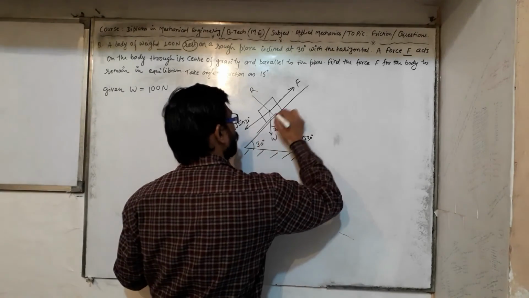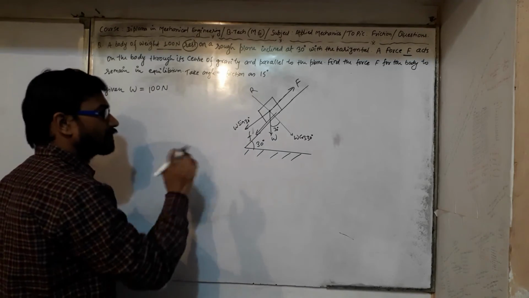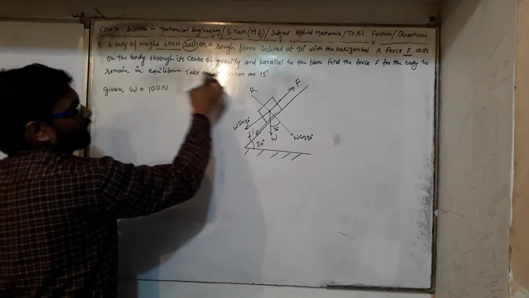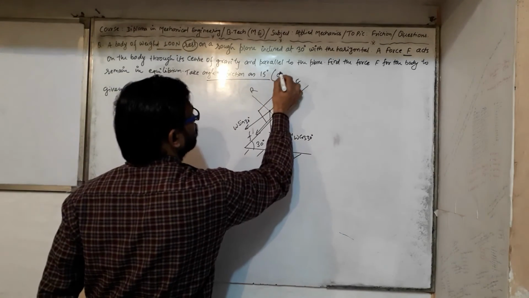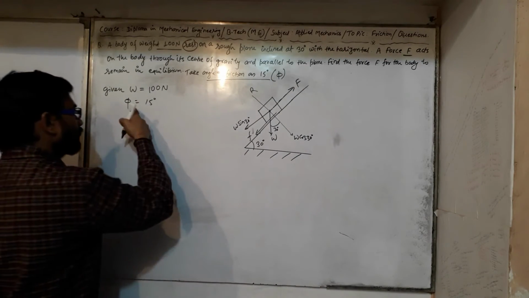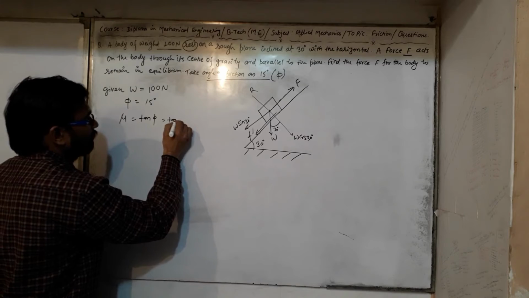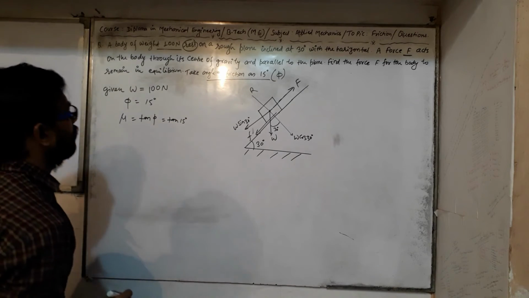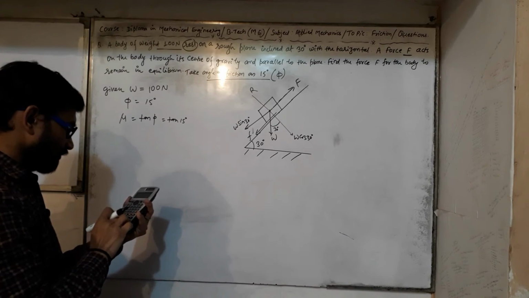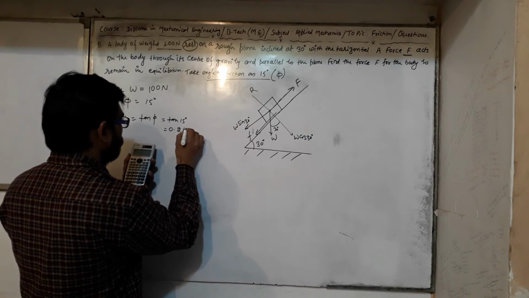So I am saying frictional force. Can I say F dash? Small f is the frictional force. Okay, so now acting in downward direction. The body remains in equilibrium. Take angle of friction. Angle of friction is nothing but phi. So phi is given 15 degree. So can I say from phi, mu is nothing but tan phi, angle of friction. So tan 15 degree. Clear? Now tan 15, if I am evaluating the value, we have got tan 15 is nothing but 0.2679.